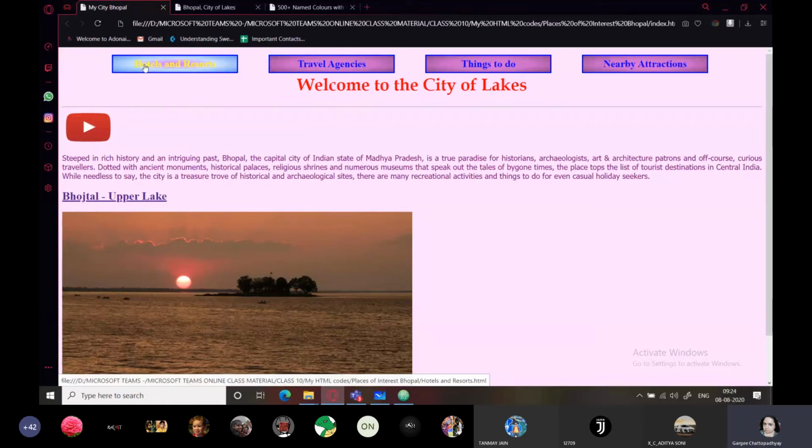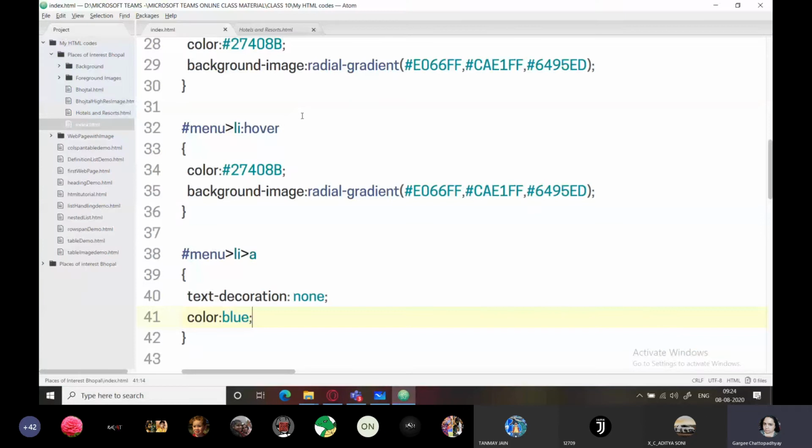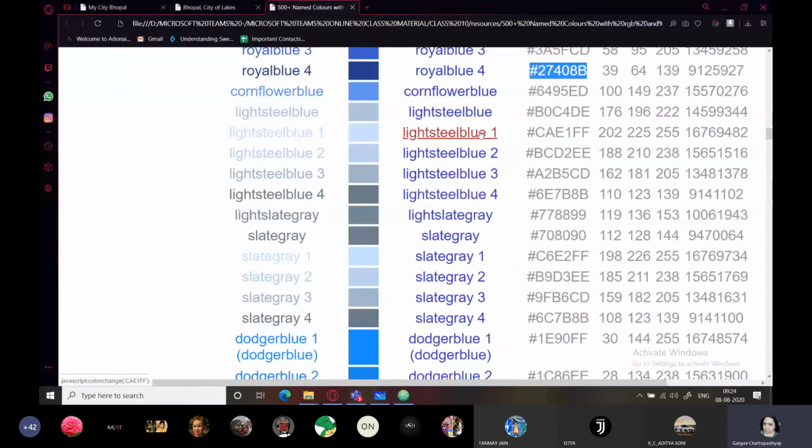When I take my mouse pointer on top of this, I'm able to get that. This yellow I can change to something else. Maybe I will change it to royal blue.